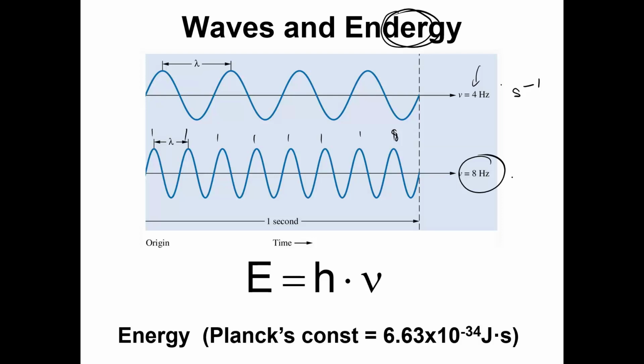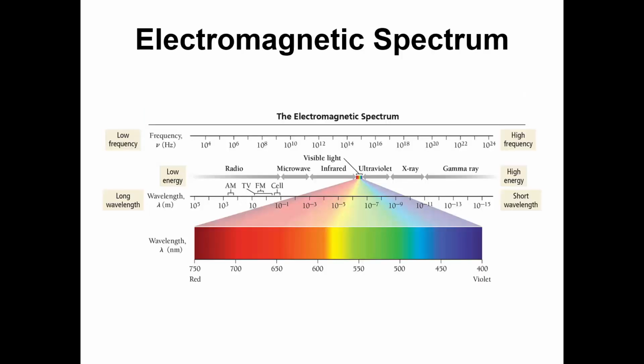And so something that goes up and down faster per second has higher energy. So these are inversely proportional, wavelength and frequency, right? So the shorter the wavelength, the higher the frequency, the higher the energy. The longer the wavelength, the smaller the frequency and the lower the energy. So those two are related. And so this is the entire electromagnetic spectrum, all the way from low energy here, right? From long wavelength or low frequency, like those radio waves here, and then all the way to gamma rays and